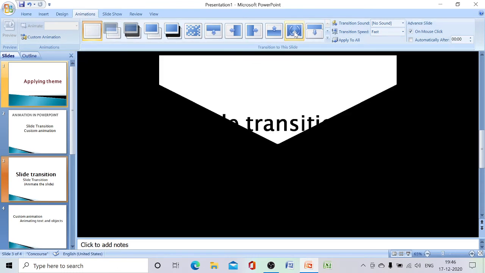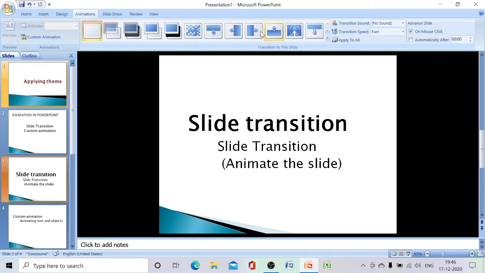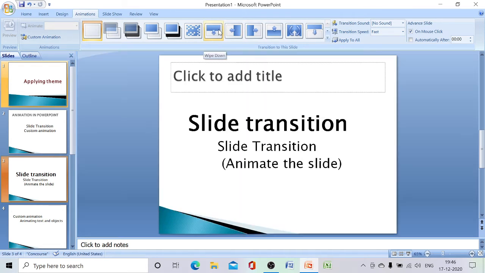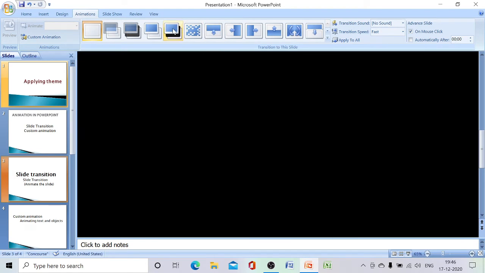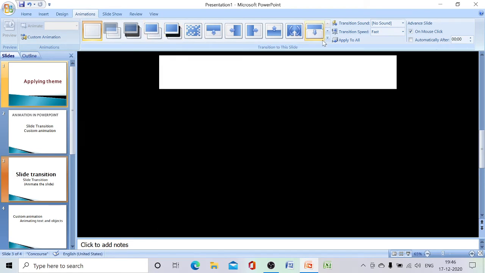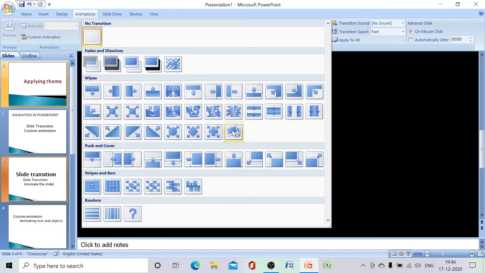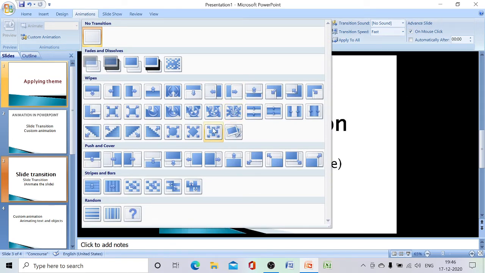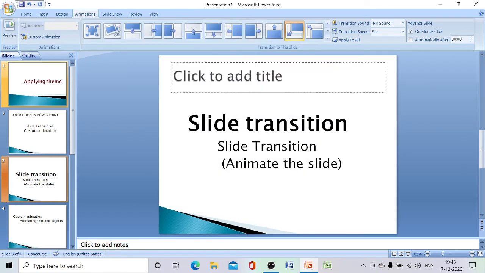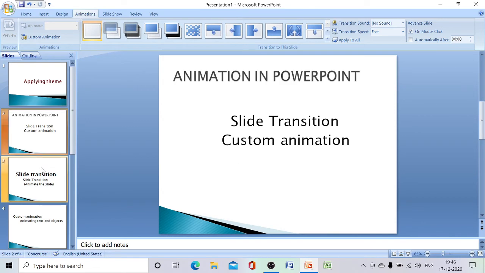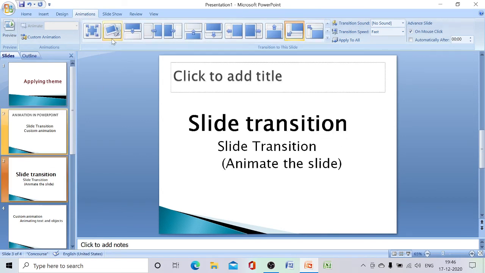Okay, here see, when we choose the transition effects one by one, it keeps changing, right? The appearance of the slide is getting changed. Here you can see more options. From here we can choose any one of the transition effects. Okay, so when we choose this, the slide transition will appear.